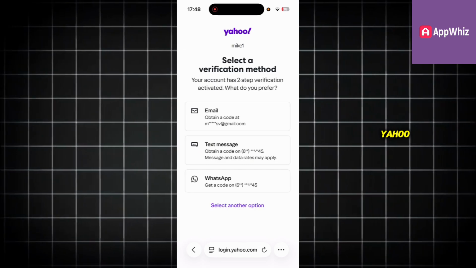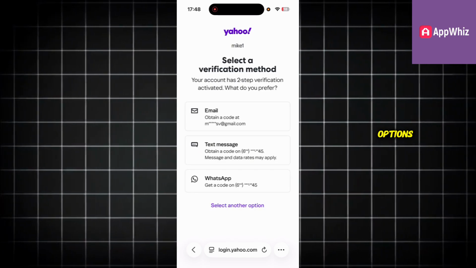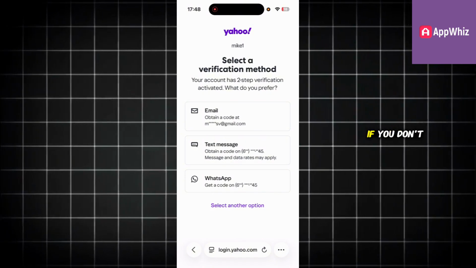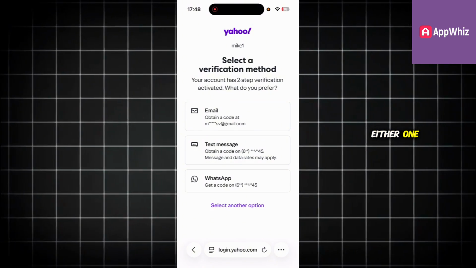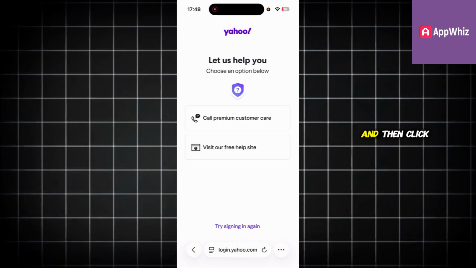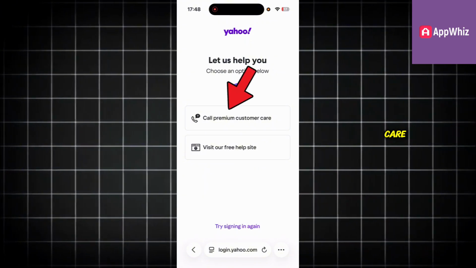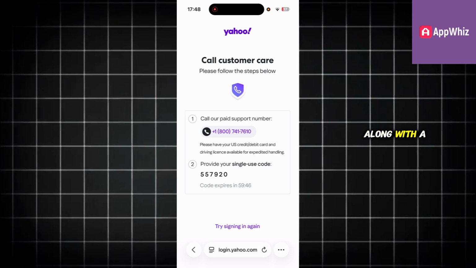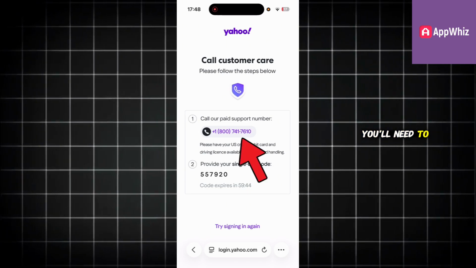At this point, Yahoo will show you a few recovery options. These are usually linked to your recovery email or your phone number. If you don't have access to either one, choose Select Another option, and then click Call Premium Customer Care. Yahoo will then show you their support phone number, along with a single-use code you'll need to give during the